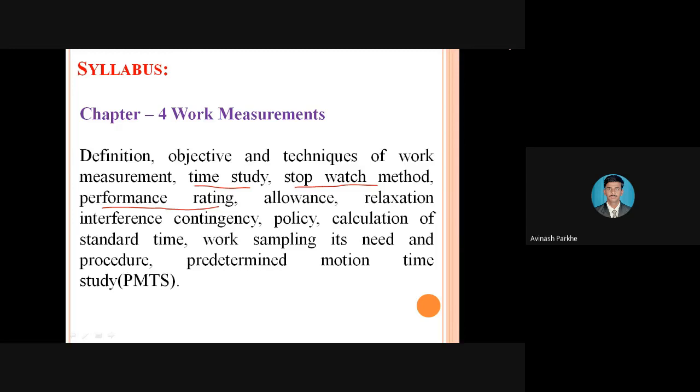Therefore, whenever or wherever the operators are required, we have to go for checking their performance rating. So we are going to discuss how to check the performance of that particular operator, whether he is working in an effective manner or not. Then alarms. Different types of alarms we are also going to discuss, because whenever we are working on any